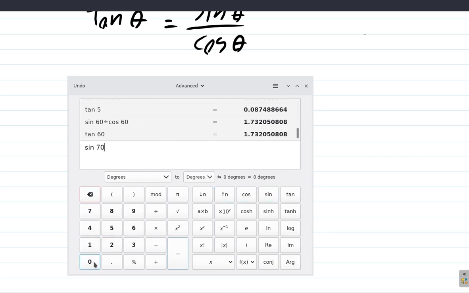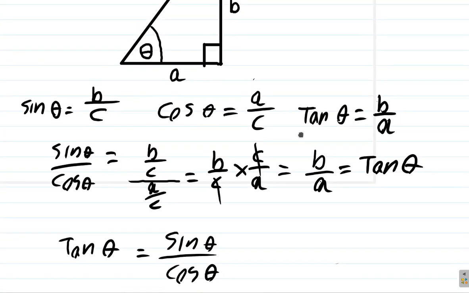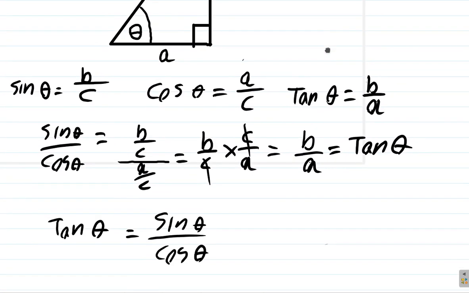Sine 70 over cos 70, 0.747. What is the tan of 70? Same thing. Alright, so we can play around with it and try testing it with different numbers, but we have